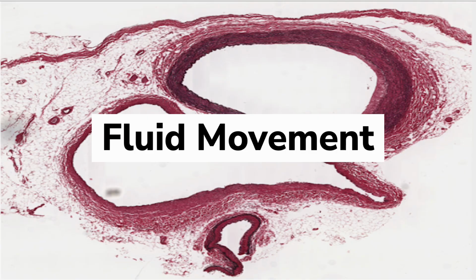Fluid movement. We talked about how fluids maintain a stable environment, homeostasis, and electrolytes. These are both very important. You don't want too little or too much of it, right? And we said that homeostasis is maintained through the shifts in fluid from different compartments. We talked about how fluid lives in certain compartments, the intracellular and extracellular. Now we're going to talk about how it moves through these compartments.